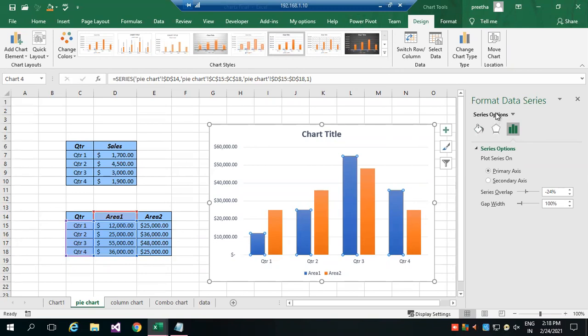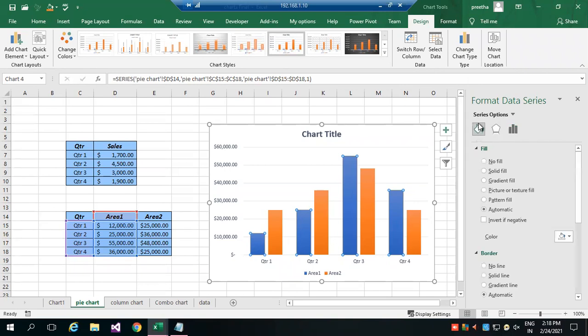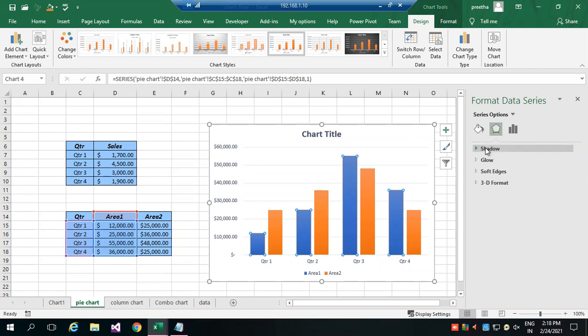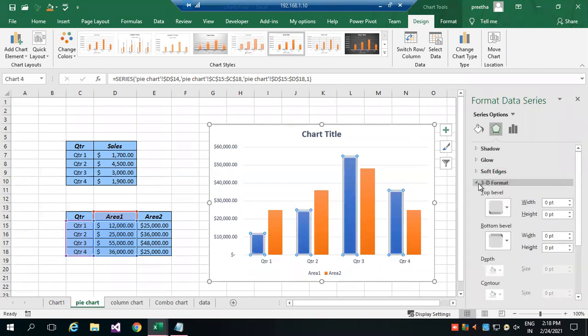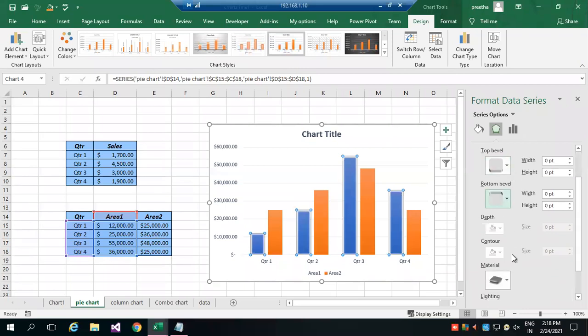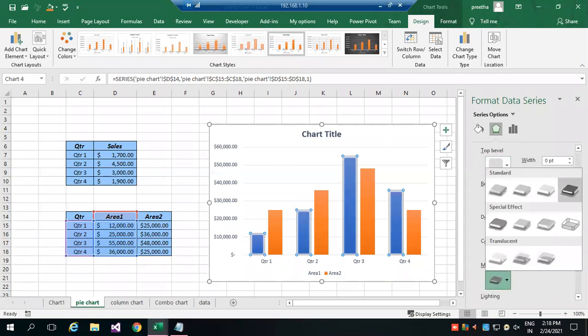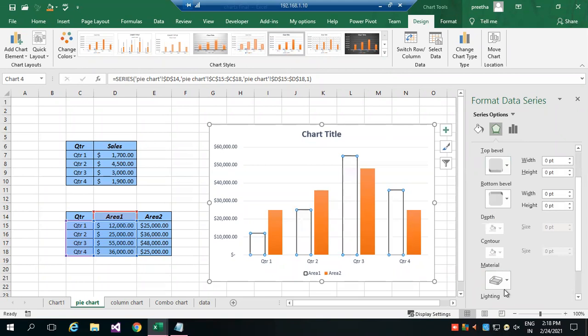So you can select the fill option, how you want to fill, and you can even select the effects. In the effects, you can give the shadow, the glow, the soft edges, and 3D format. So everything you can try.